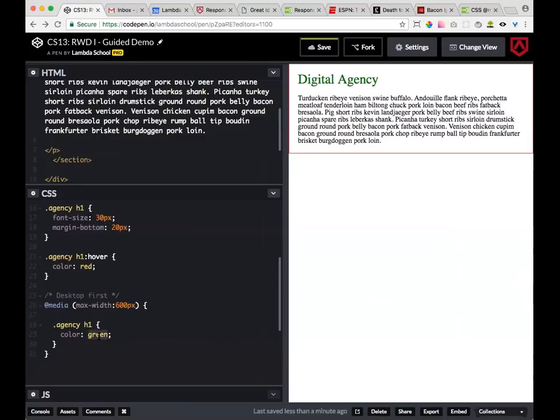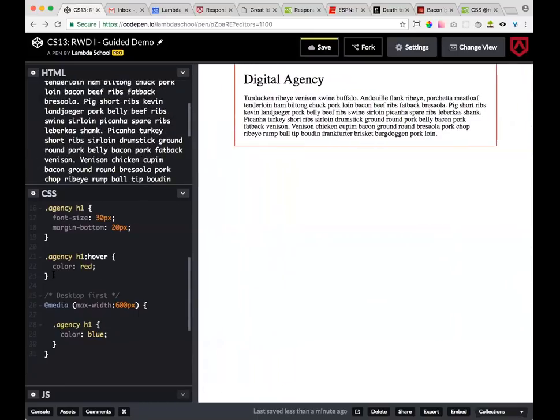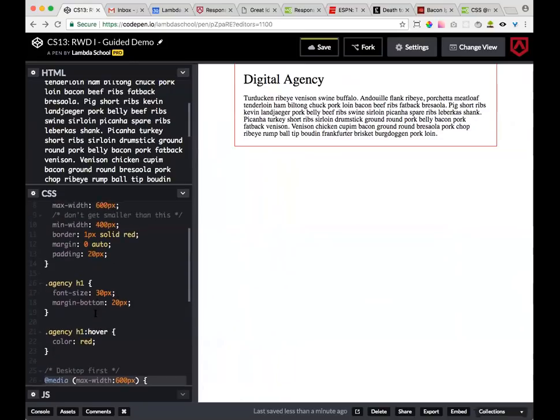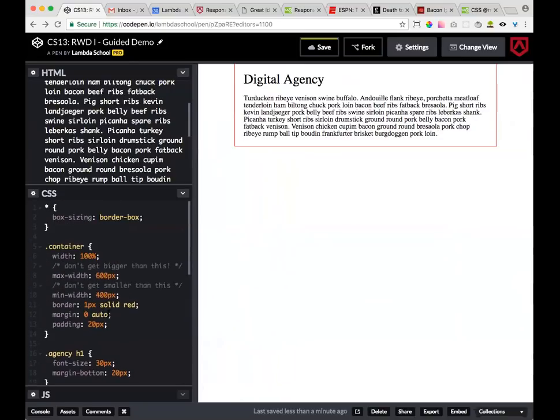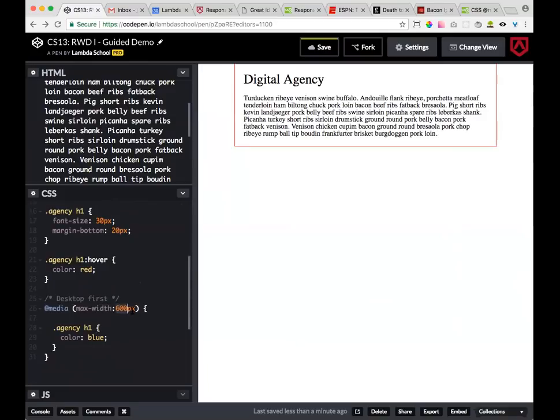That's a little hard to see. Let's go blue for a second here. See the difference there? So before I hit my max width breakpoint, all of this code that I wrote up here, all this stuff, is in play. It's being used. The second that I hit a breakpoint at 600 pixels,